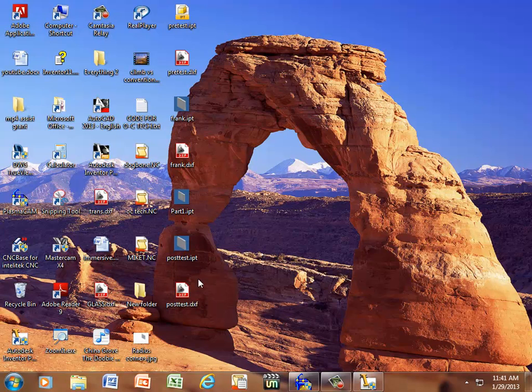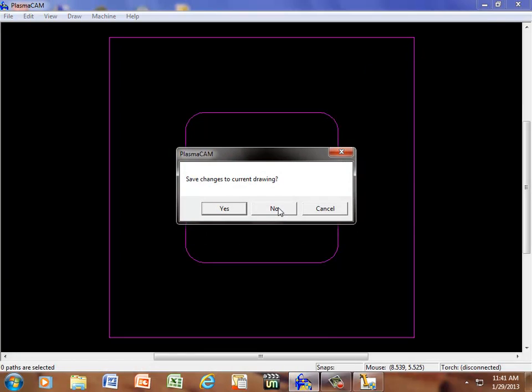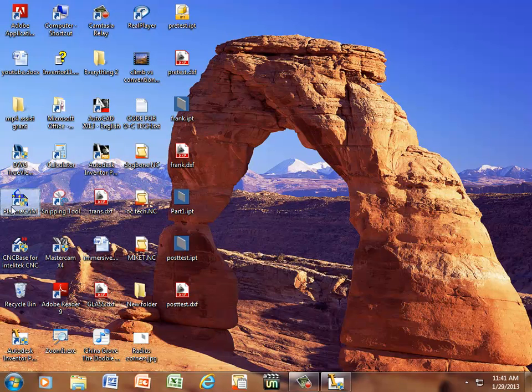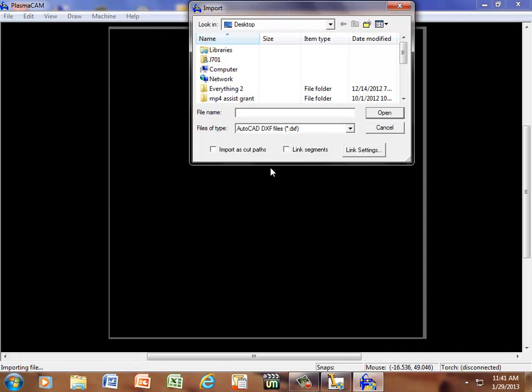Minimize this and we'll pull up our plasmacam. So this is already running. Save change, I'm going to say no to that and reopen it. File, we have to import this. And right now it is a DXF file, but if it were not, you could find it here. A lot of times when you open it up, it will come into a bitmap file or maybe even a plasmacam file. So you need to pull in the DXF